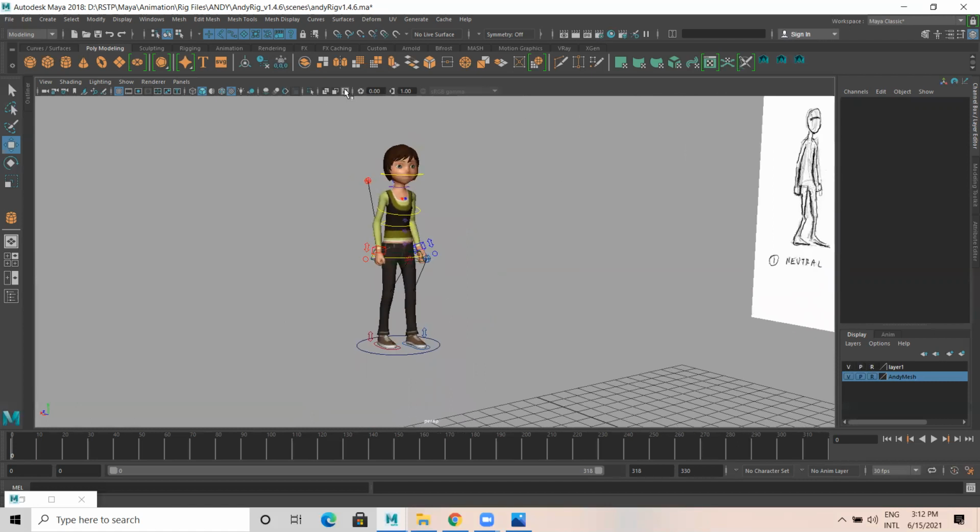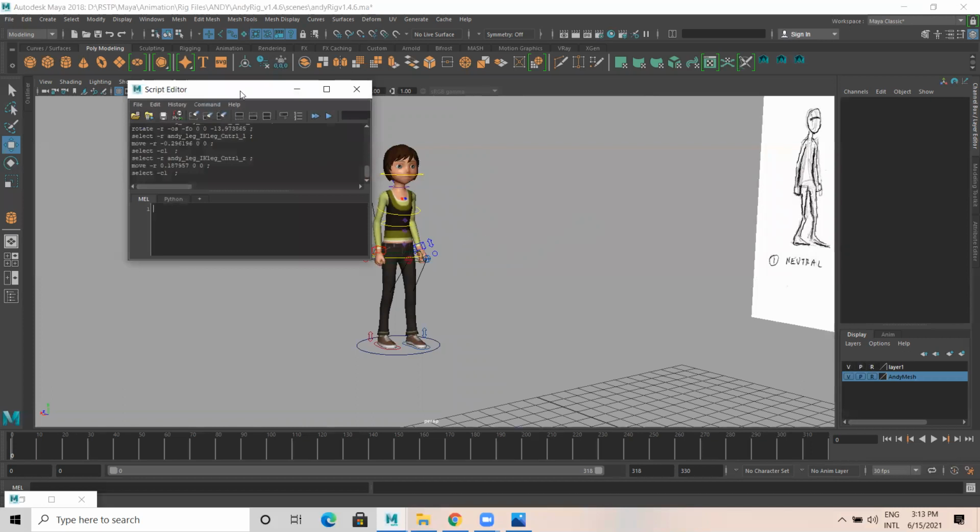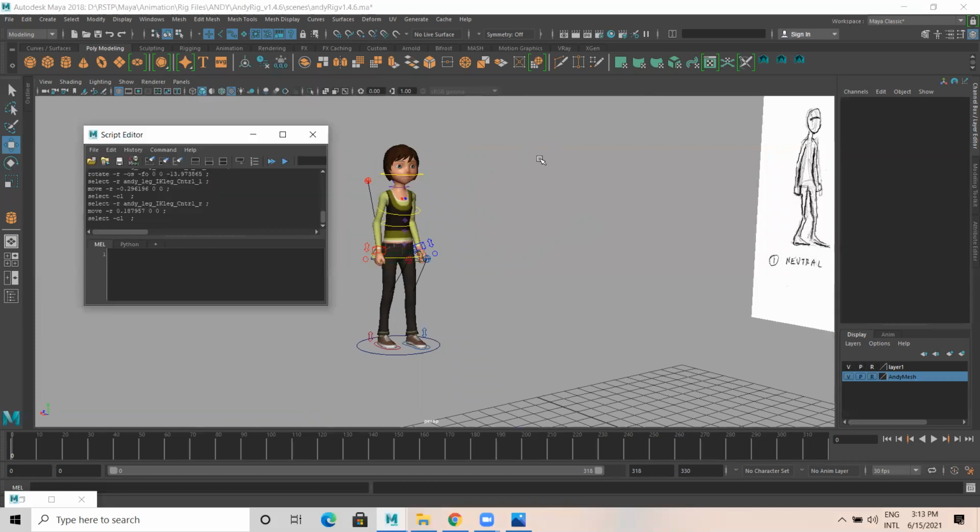So what I'm doing is I'm turning off the joint. I'm turning off the model. Once this call ends, connect again, because there are a few things which we have to do. I open the script editor from here. Can you see the bottom one? Script editor here. This is the script editor.